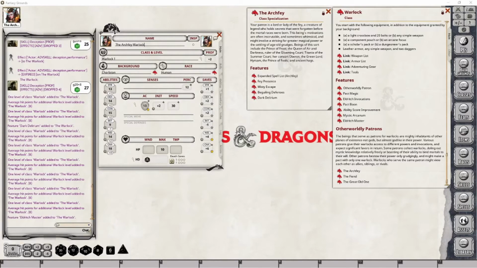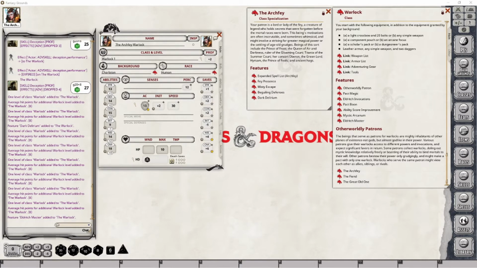In this video, I will be going over the Archfey class specialization in relation to the Warlock class. As stated before, I'm changing the format of these videos so that I will cover all aspects of the base class in a single video and cover the various class specializations in videos more specific to their features. This will ensure a given video is more focused on the topic at hand and less jumpy, as in some of my previous videos. Although, depending on the complexity of the class, I could theoretically still be jumping around quite a bit.